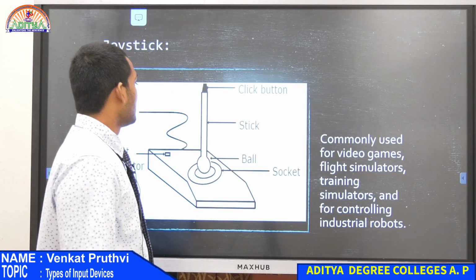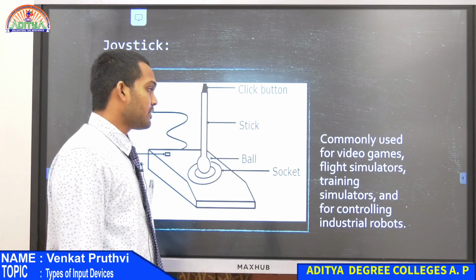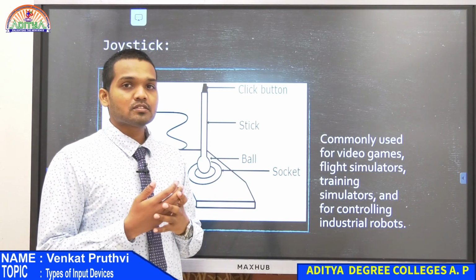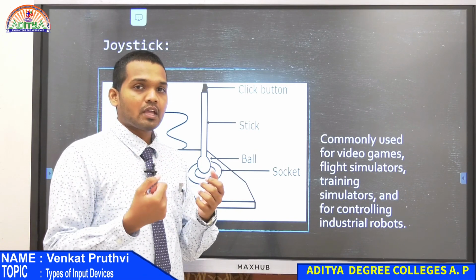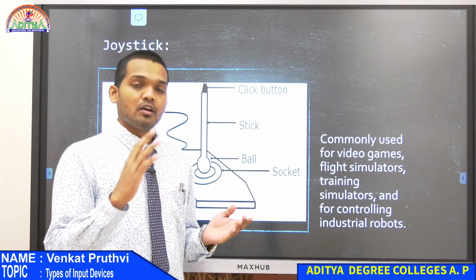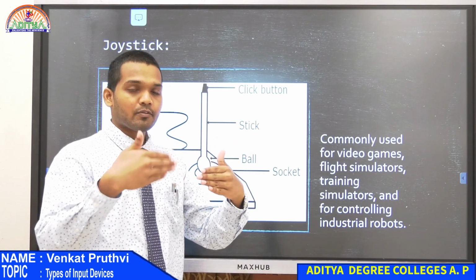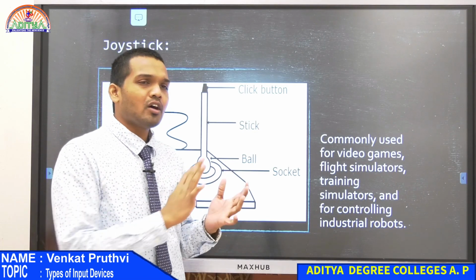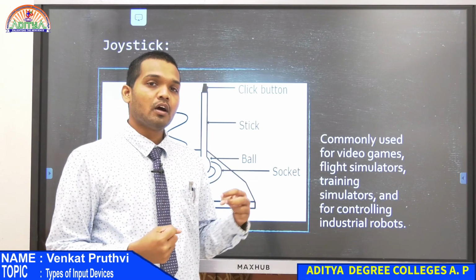Okay. Next, we have something called a joystick. Even these days, we have this kind of joystick for different kinds of gaming technologies, but the joystick that we are familiar with is the one most of us know, which can be easily carried in your two hands, and it had 4 buttons on the left side, 4 buttons on the right side, and you have two buttons on the front part of your joystick. That is how joysticks look, and it all depends upon the manufacturer, based on their requirements and how they wanted it.